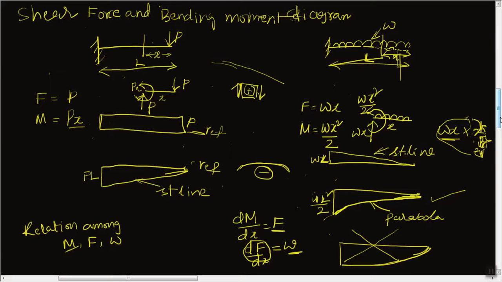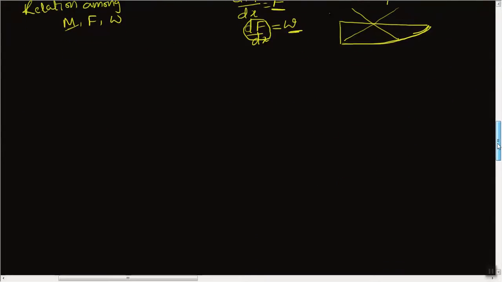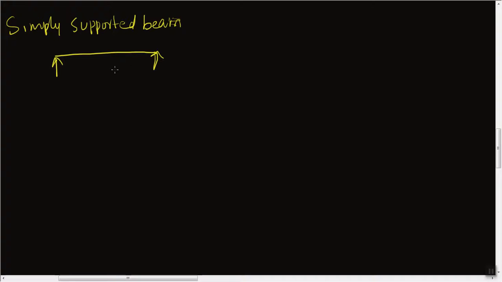now let us see the shear force and bending moment diagrams for a simply supported beam. Let us consider a simply supported beam with a point load, a middle load which is P. The total length of the simply supported beam is L, and this load is acting at a distance of L by 2. Okay,